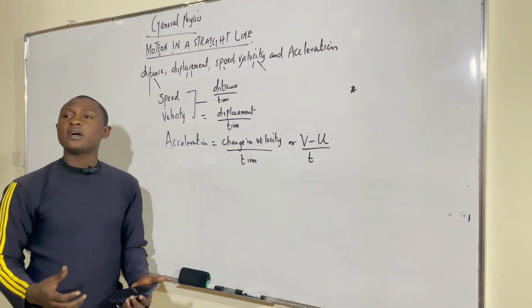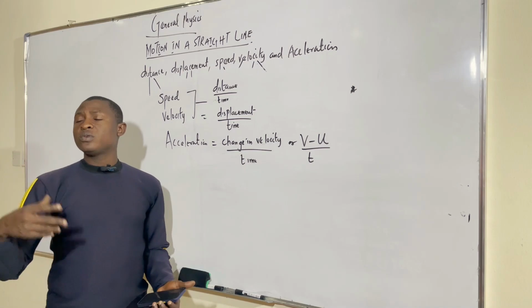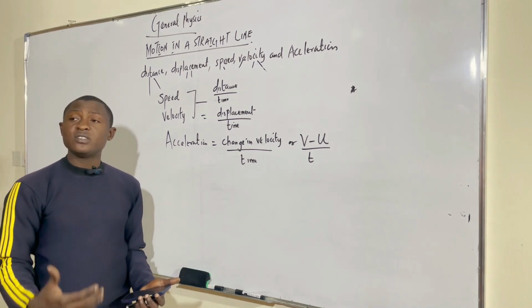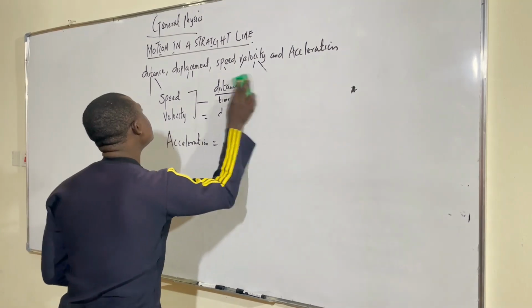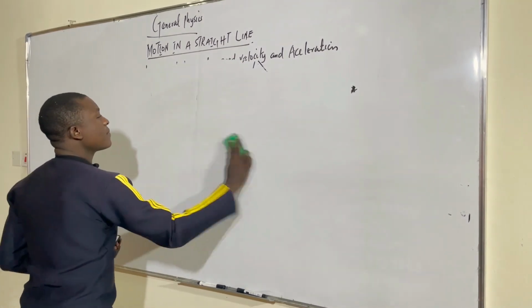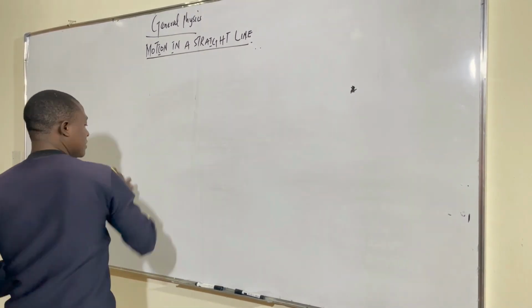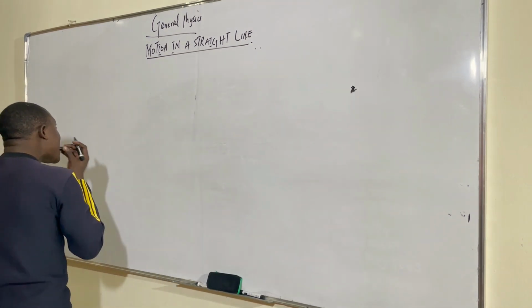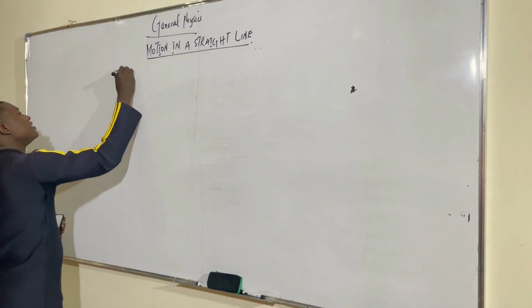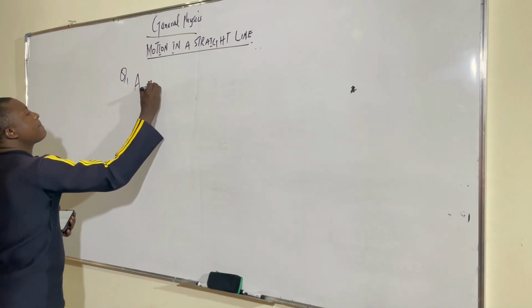So let's take a look at maybe one or two examples, then we go on to, there's another one we call instantaneous velocity. We are coming to that as well. So let's take a look at one or two problems. Let's bring one question. They said a man